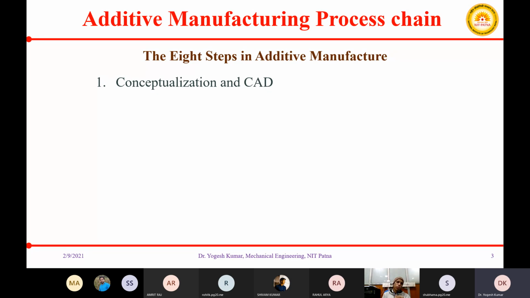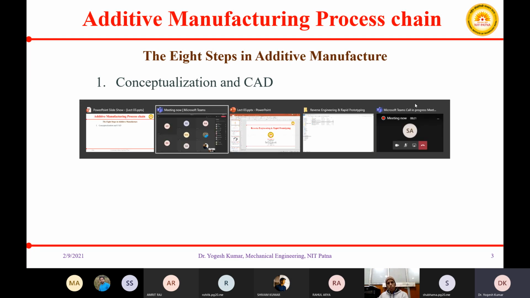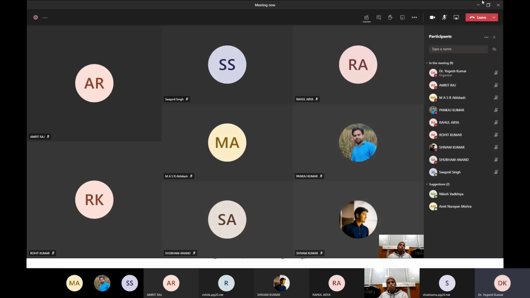Okay. So if you are able to see, I have in my hand one water bottle. Suppose you want to print this water bottle using your RP process or 3D printing process. So what you will do? You will first take the dimensions of this particular object or any object.